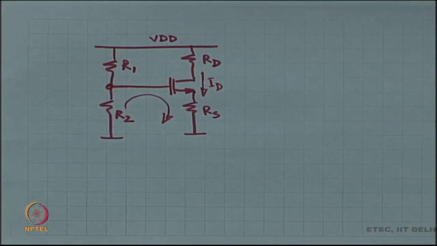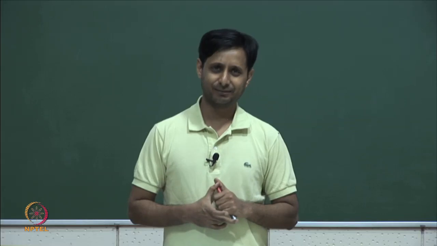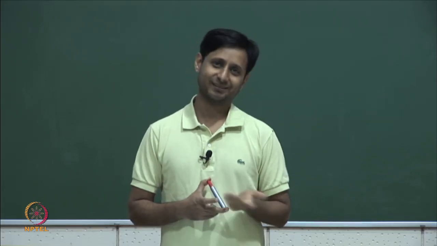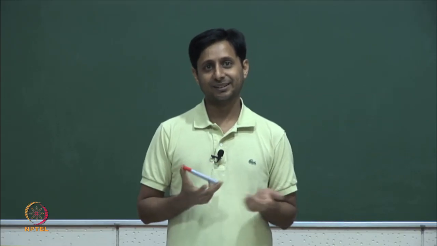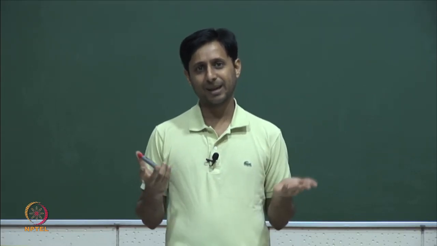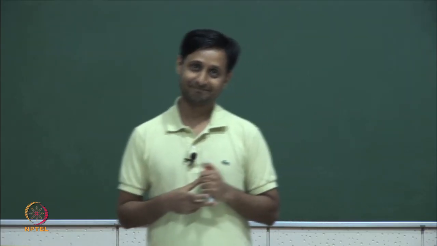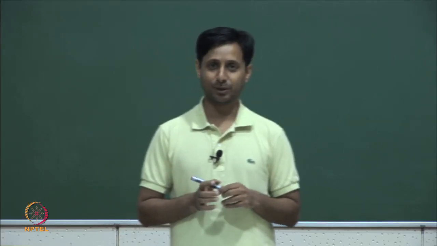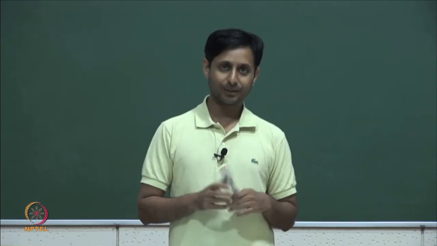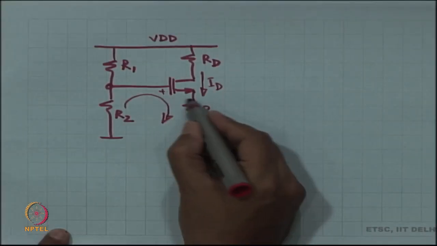So, this is a quadratic equation in ID, and then you crank the quadratic and work out the value of ID. Then in the next step we said that it is very hard cranking a quadratic every time. Okay. We are going to make a guess. The guess is going to be that maybe VGST is 0.2 volts. Maybe, maybe not, but you make the guess VGST is 0.2 volts, and what happens? You drop it out